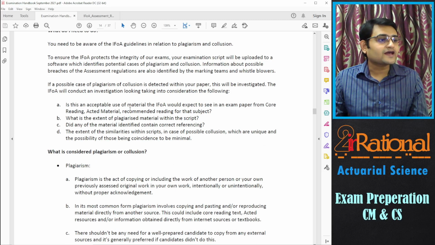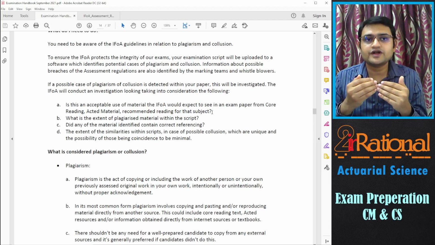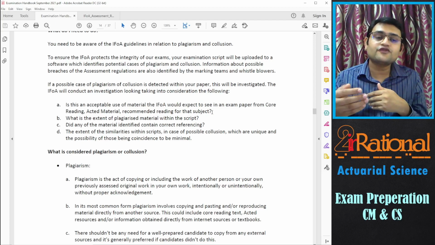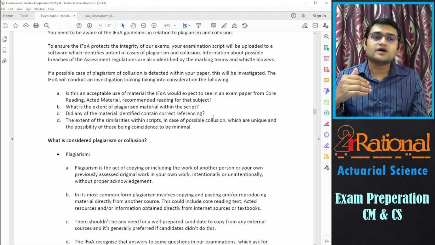Is this an acceptable use of material the IFOA would expect to see in the exam paper from core reading, Actuarial material, recommended reading for that subject? So you can definitely take different answers directly from your material, but then you should refer to it. Okay, you should always write where you have taken that particular definition from.